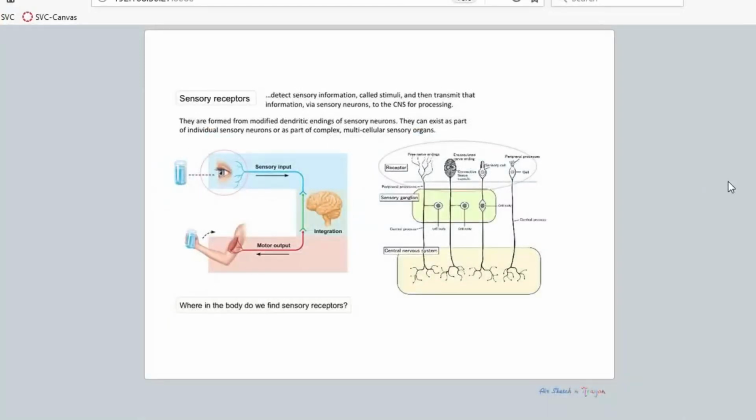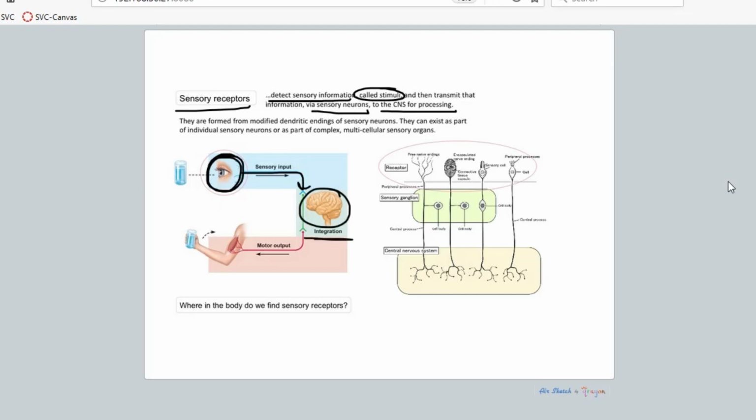Okay, so what we're going to talk about now are sensory receptors. And as the name implies, what sensory receptors do is they detect sensory information, and we call this sensory information stimuli. After it detects that information, it transmits it via sensory neurons to the central nervous system for processing. So here we have the eye that's detecting sensory information, then that information travels via sensory neurons to the central